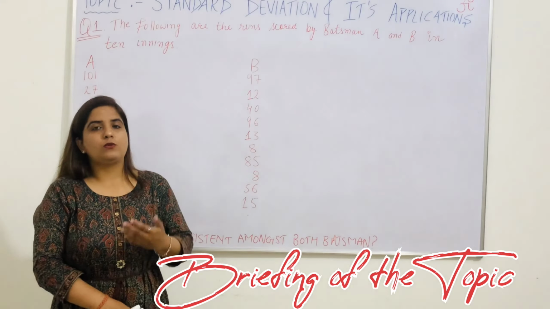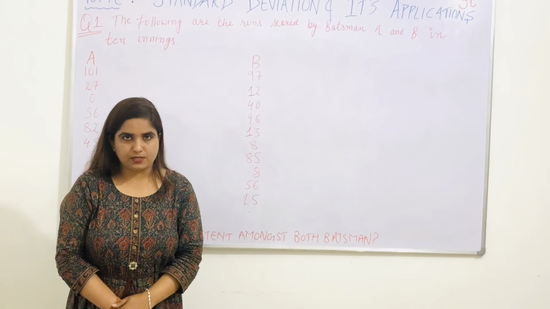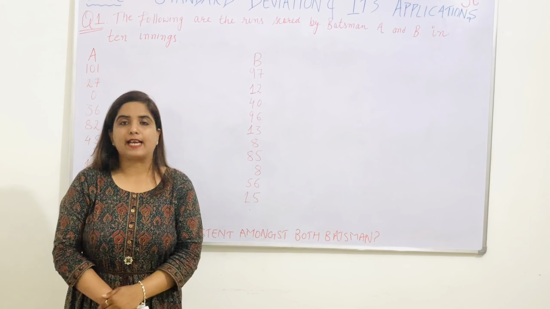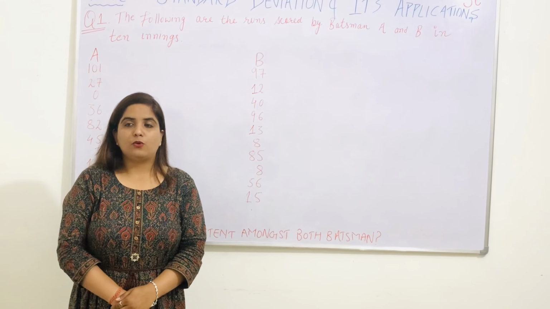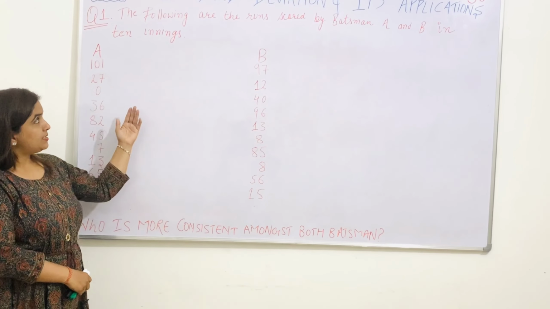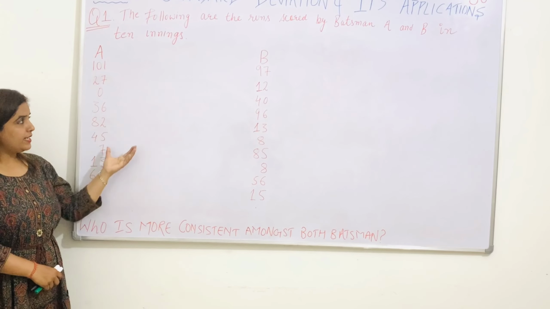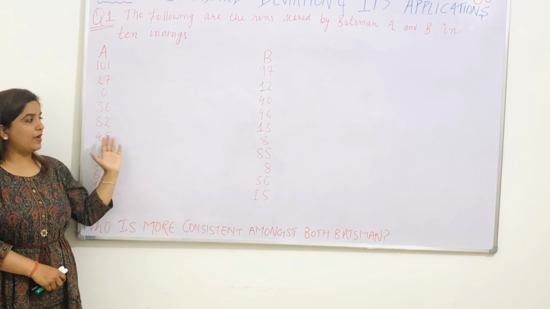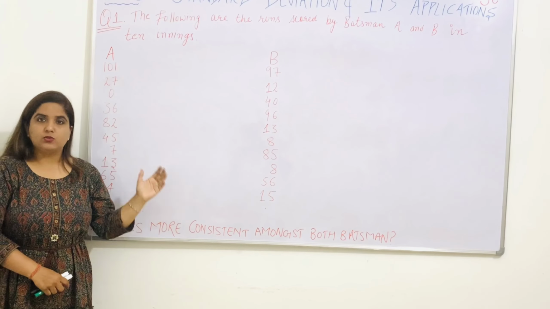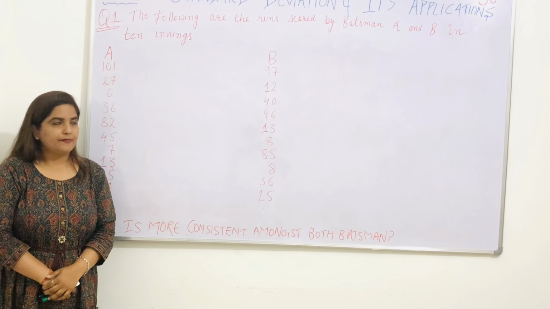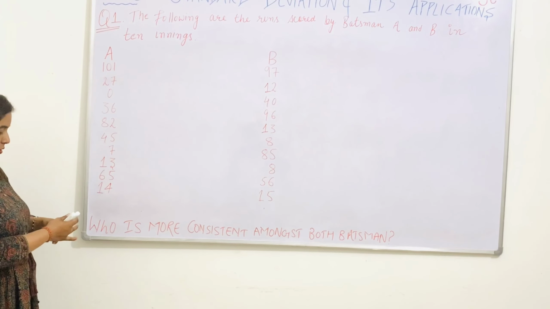So we will talk about how much data is dispersed. इसमें हमें ये देखना होता है कि डाटा कितना स्कैटर्ड है, कितना बिखरा हुआ है. तो उस पर बात करने के लिए हमें स्टैंडर्ड डेविएशन की वैल्यू चाहिए, डाटा की डिटेलिंग जानने के लिए कि डाटा में जो वैल्यूज हैं वो कितनी स्कैटर्ड हैं, उसके लिए हम स्टैंडर्ड डेविएशन यूज करते हैं. So here we solve this.